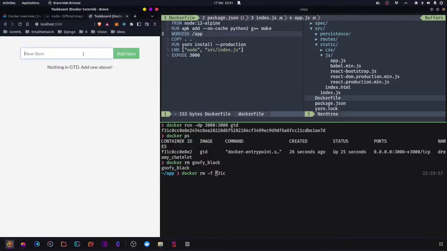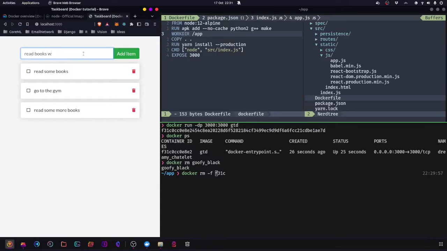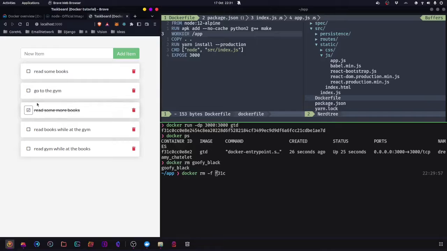But there is still one problem. If we just go on and add another item in here, let's just say read some books, okay, and then go to the gym, read some more books. Read books while at the gym, and then read gym while at the books. Okay, so let's go ahead and add some items in there, and if I cross this out and I delete this, now if I were to stop this and I remove this